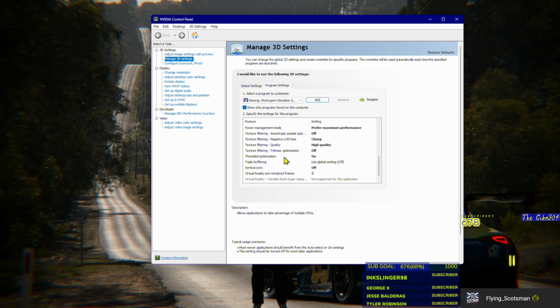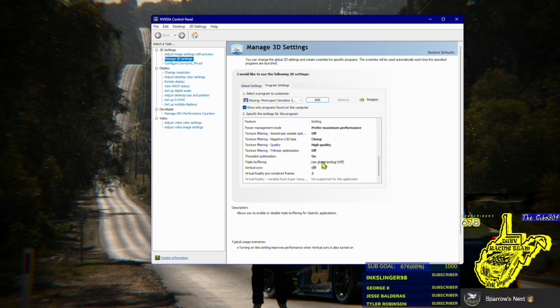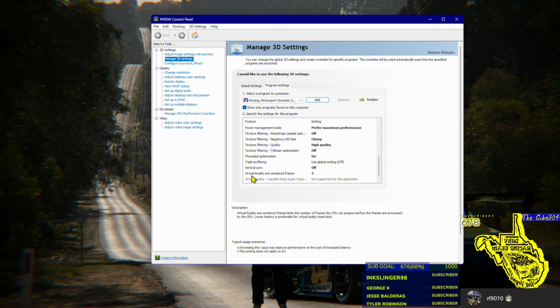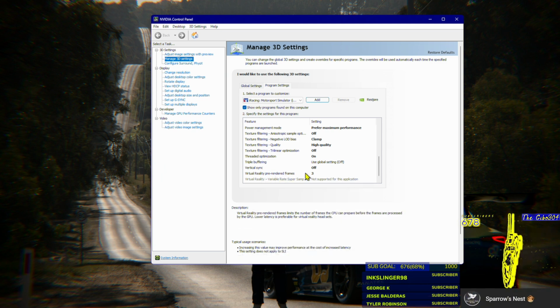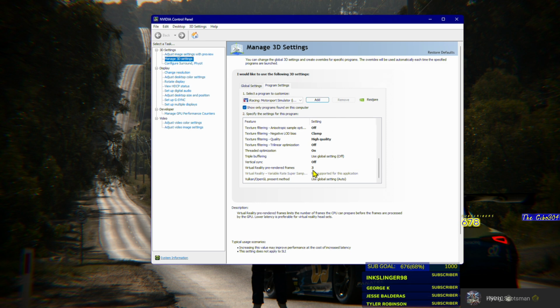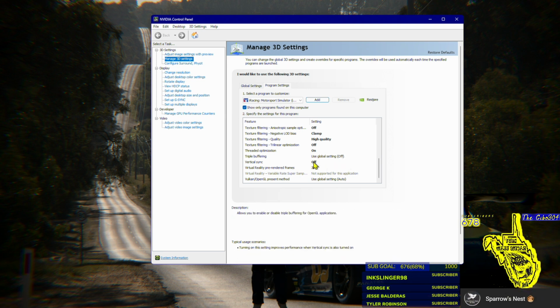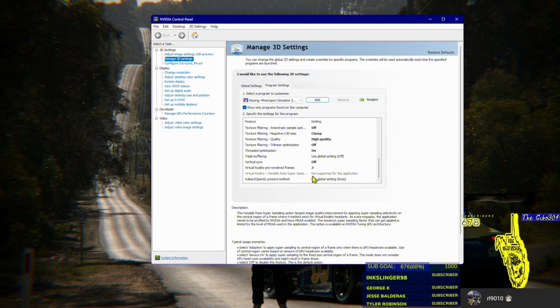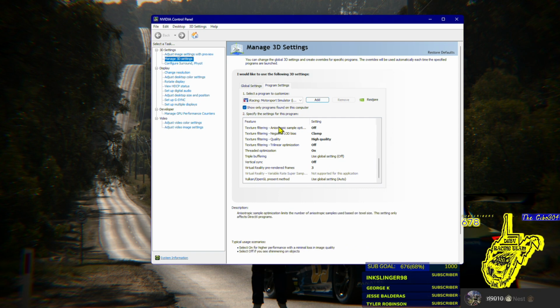And then threaded optimization, turn that on. The buffering, you leave global settings, which is your default. Vertical sync, turn that off. Virtual reality pre-rendered frames, that's set to 3. That's just what I've been. These are all settings that I've been picking up off of different videos and things like that to get everything working. So that is our 3D settings